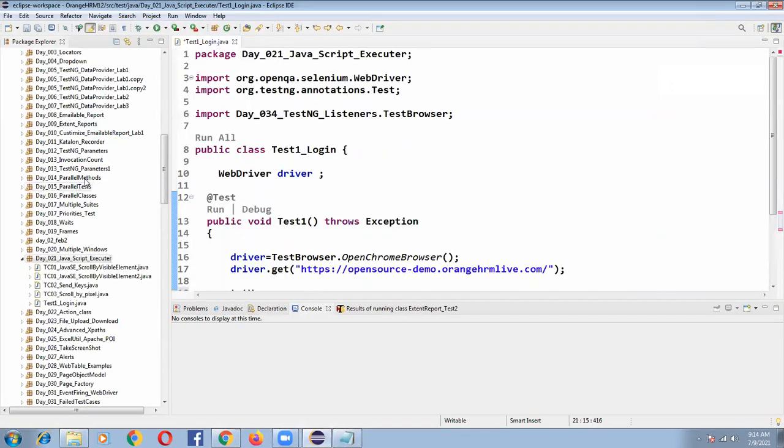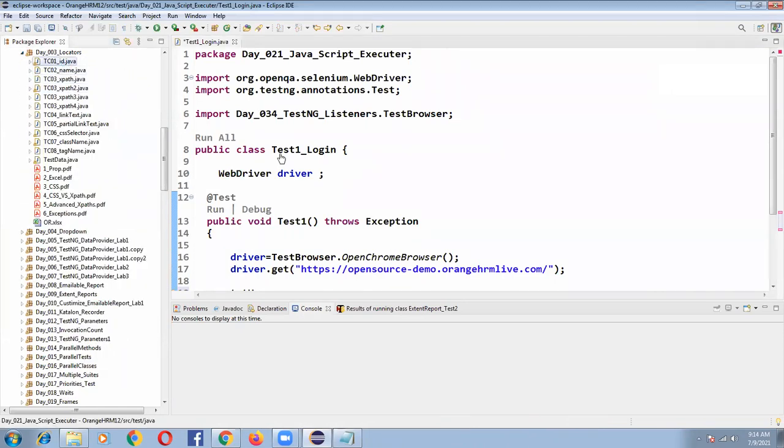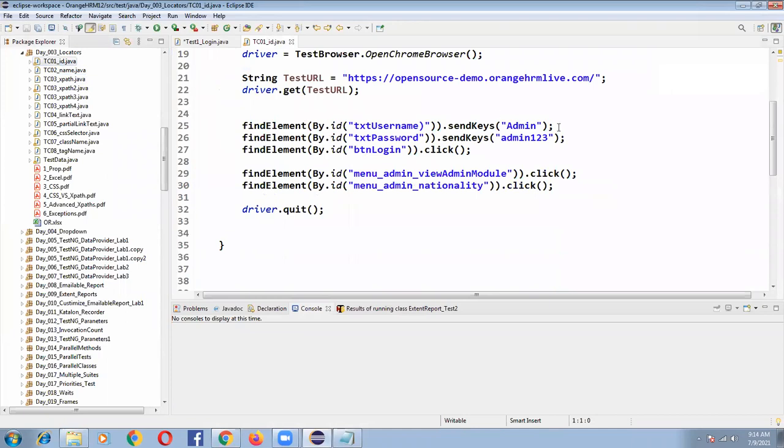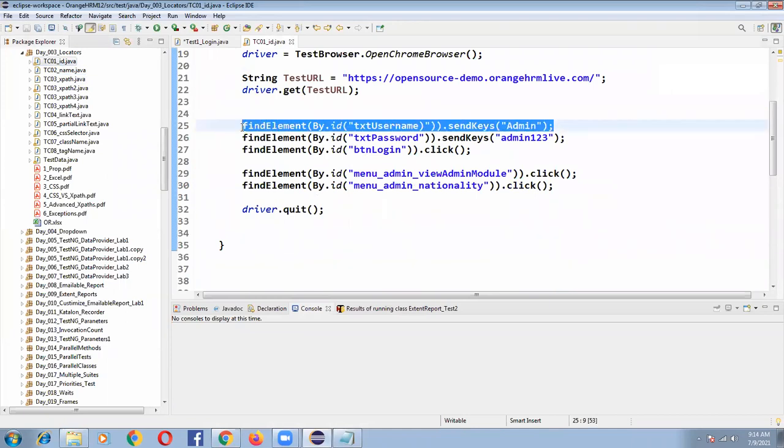Just for reference, I'm taking one line of code.